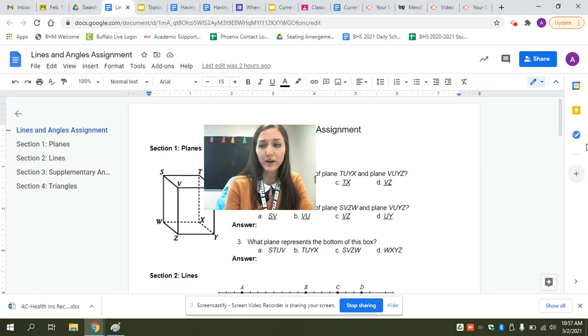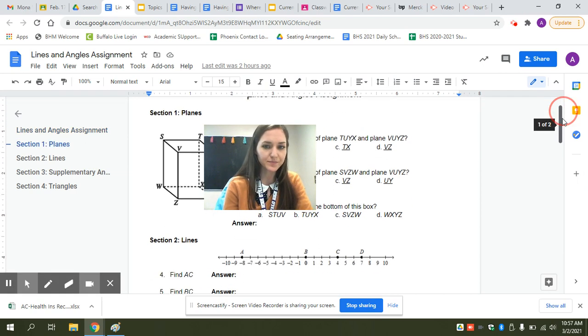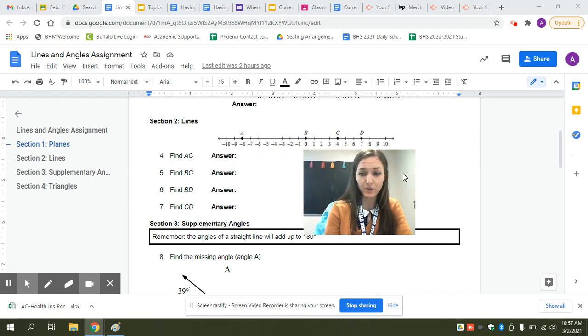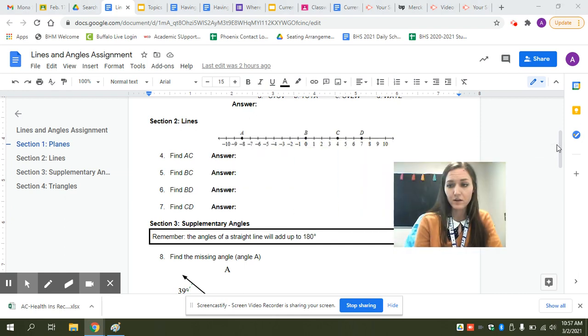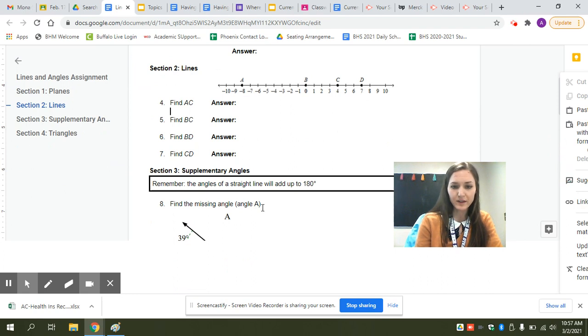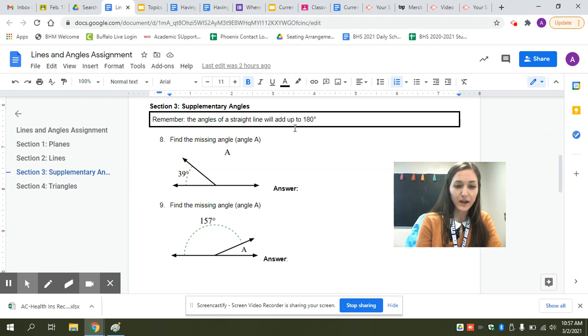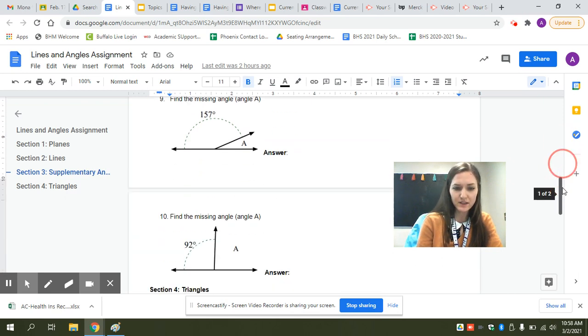All right, so I'm going to go ahead and just open up this assignment. And remember, we are working on section 3 and 4. Oops, there we go. My computer is just not working with me, of course. Okay, so for 8, 9, and I believe 10,